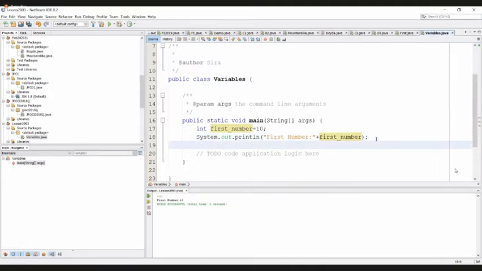Then I will use another data type called double. We'll use first number, again the same thing, first underscore number, assign 10.5.